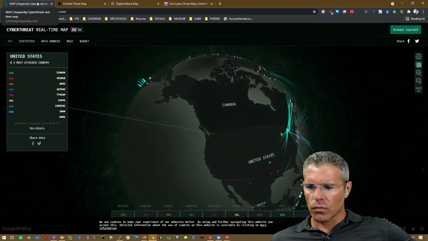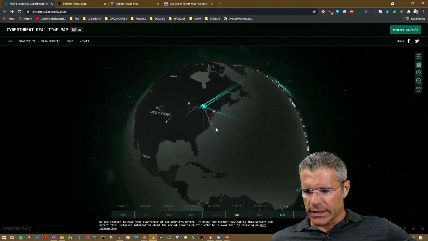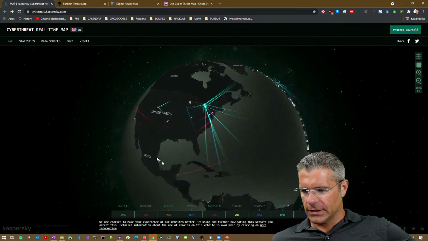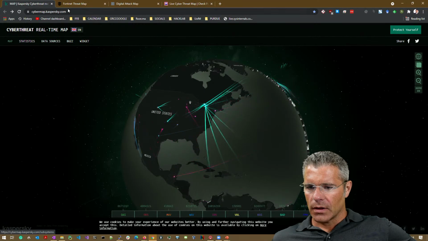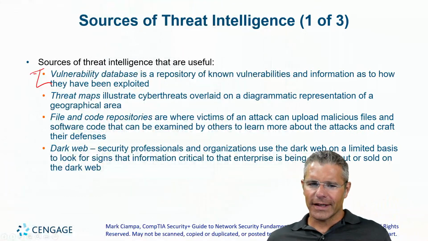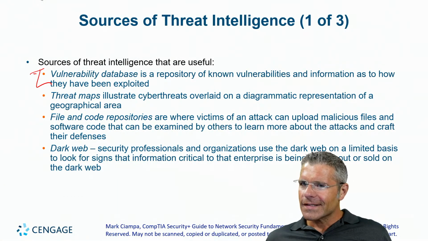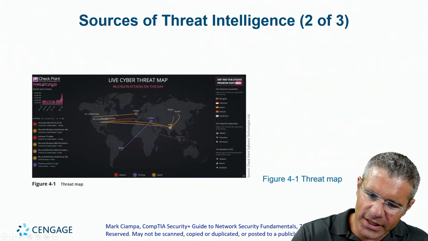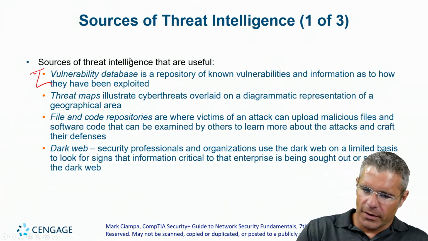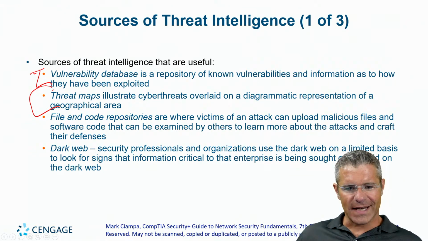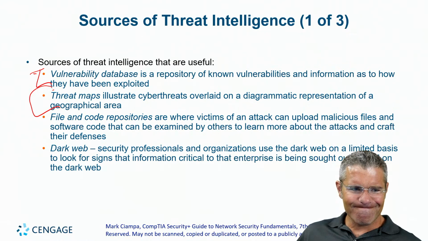It looks like right now in the United States there's a lot of this going on. And they'll give you statistics about it. So, I mean, kind of a way to show off what's going on. They try and show the geography. So I guess potentially they're useful for figuring out what kind of stuff is attacking your neck of the woods right this second, even though maybe a little cheesy. Could be, possibly.